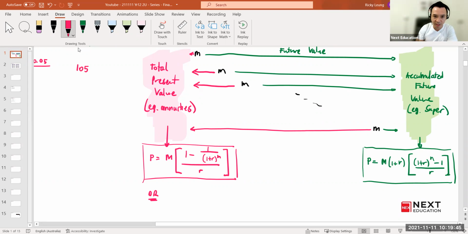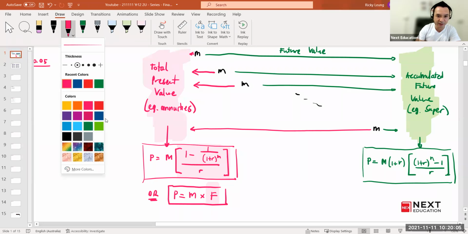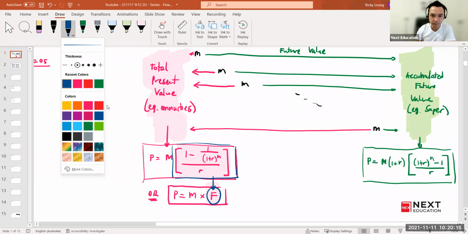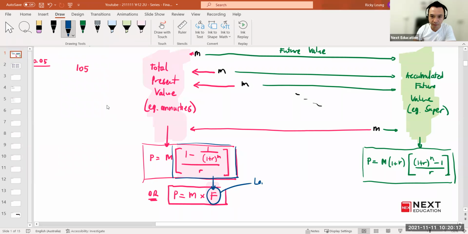instead of going P equals M, they basically replaced this big square bracket with a factor that you look up in the table. So they basically said, let's replace this formula with M times F, for factor. But just to be absolutely clear, they have effectively replaced this guy with a number that you just look up in a table. And when you do look it up in the table,